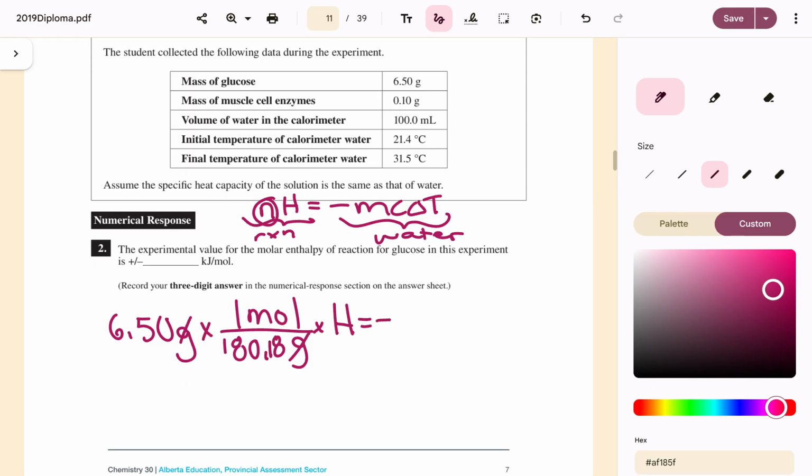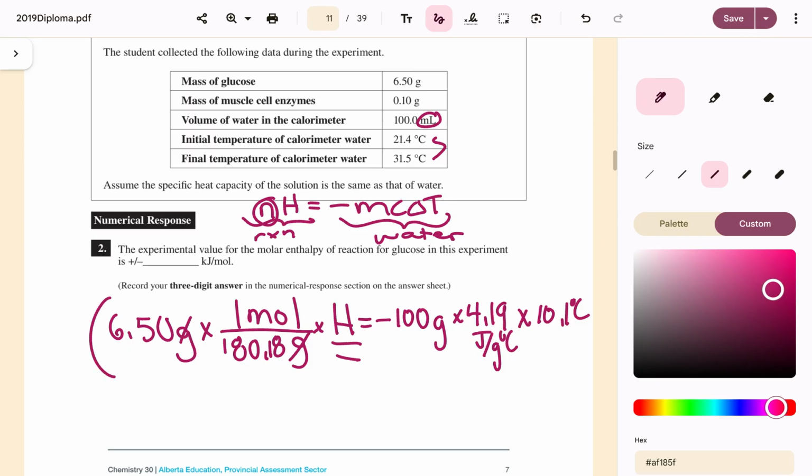On the right-hand side, all that information about water is there. We have negative 100 grams. Remember that 1 mL is 1 gram when we talk about water, times 4.19, and that unit would be joules per gram degree Celsius, times your temperature change. So taking the difference, you'll get 10.1 degrees Celsius. We want to solve for ΔH, so we can take this information here and divide it over to the other side, and your ΔH value will be one big number,